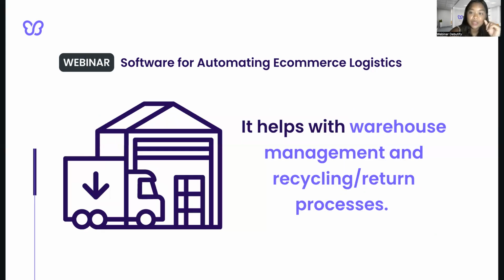Another benefit of using software automation is that it helps with warehouse management and recycling or return processes. You can easily track where your products are located in the warehouse, making it easier for you to fulfill orders quickly. Additionally, you can streamline the recycling and return processes, which can be time-consuming and frustrating for many e-com